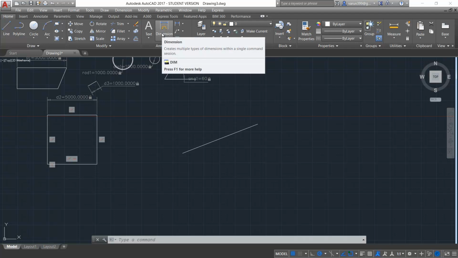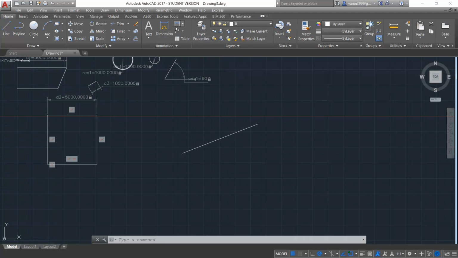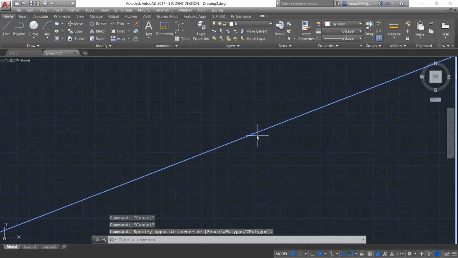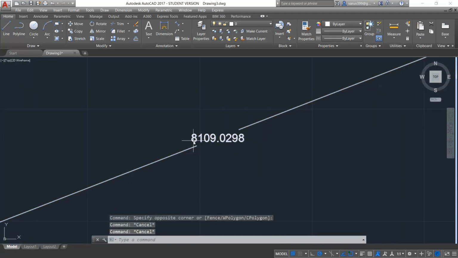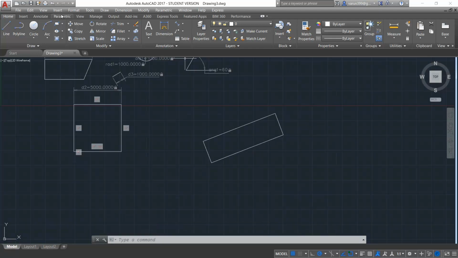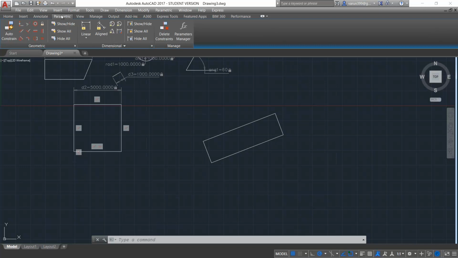We will be discussing dimension in much more detail in the upcoming videos. I will go for the align dimension, go for the align like this, and I will get the length of the line like this, which will be very small here. That is 8109.0298. Now, if I want to convert this dimension to dimensional constraint, I can go to the Parametric tab, go